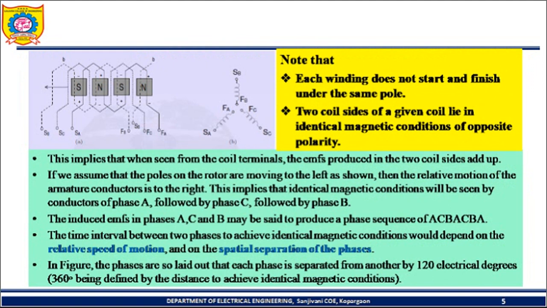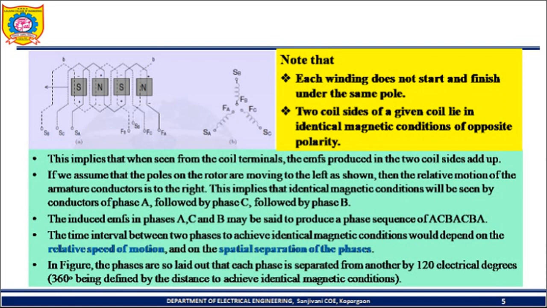Now we will take another example. Here we are going to consider a three-phase winding. A three-phase winding can be connected in star or delta, depending on your requirement. Here I am going to mark three coils in the picture. SA, FA is coil 1, coil A. Then SB, FB is the second coil. SC and FC is coil 3. S is the start, F is the finish. So there are 6 points available, and these 6 points are going to be connected under the influence of the different poles.